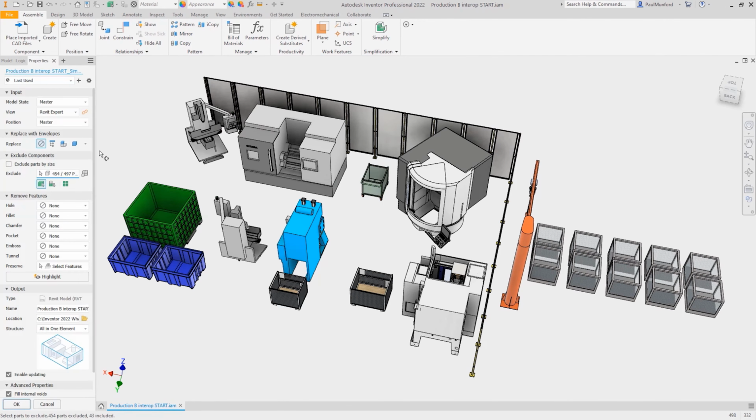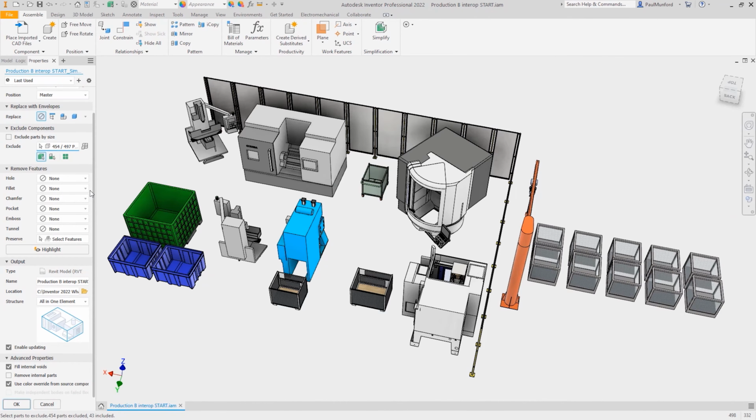And we'll scroll down to the bottom of the dialog to look at the export options. We'll see that the file type is set to Revit RVT, and we can choose a file name and a save location here. Below this, there's the option to set the Revit BOM structure. This setting is relevant to the ability to tag and schedule the components in our design once our model ends up inside Revit.